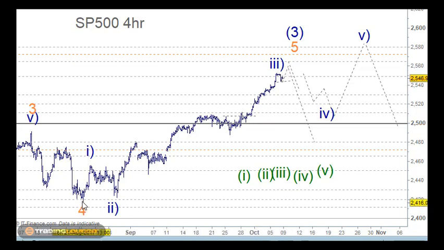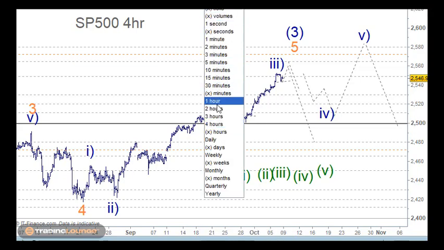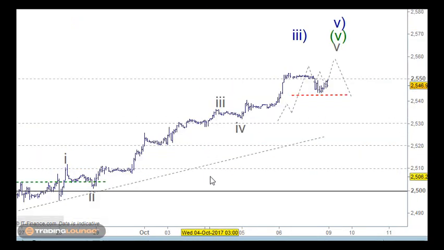So this here is wave 1 and 2 here. This is wave 1 and 2 here, and also 1 and 2 in here, with a wave 3 in here. So there's a couple of possibilities. At the end of the day, what I normally do with all of this is that we would have to confirm a bearish scenario of an impulse wave to the downside, and we certainly don't have that yet. Any turn in the market, we will look at it as being corrective or impulsive. So I'll just go to the hourly chart here.